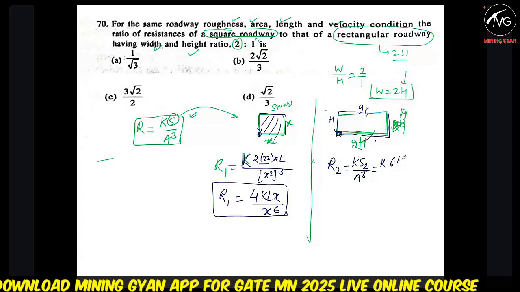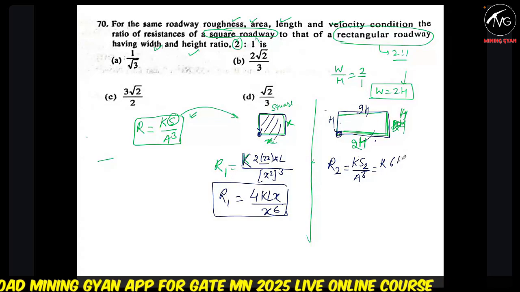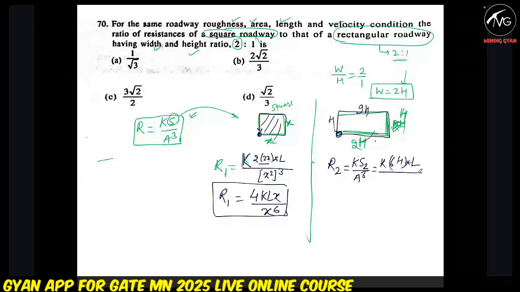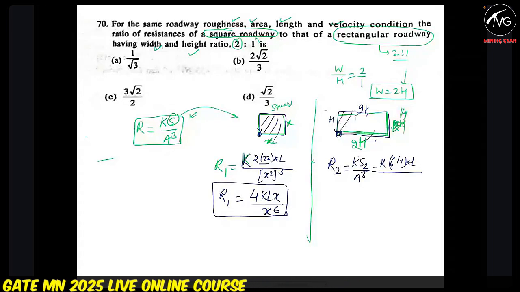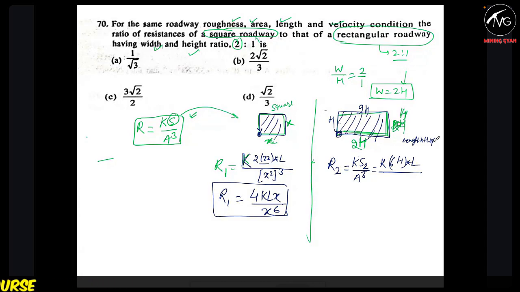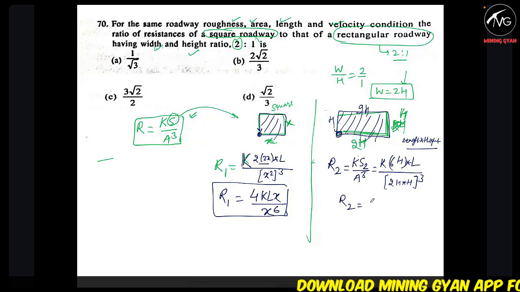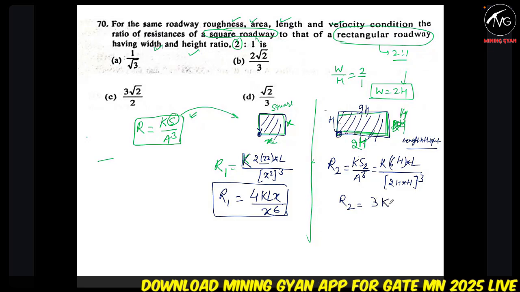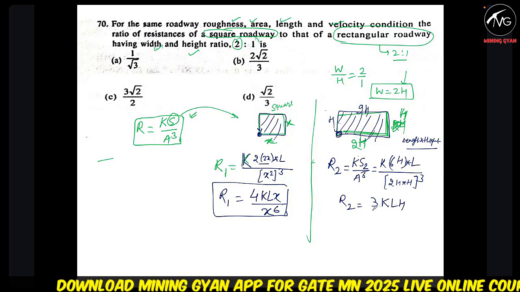So 6h multiplied with the length divided by the area of the rectangle, length into height, or width into height, that will be the area. So you have to multiply 2h into h, that will be the area and the power will be cube. So r2 will be 3 k l divided by